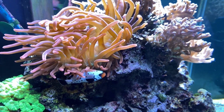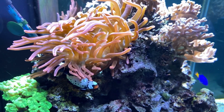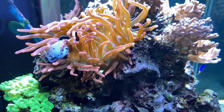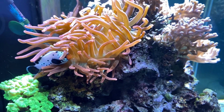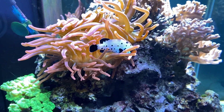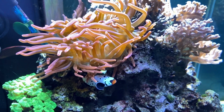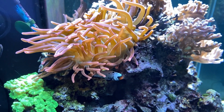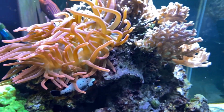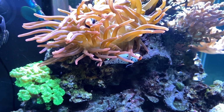But the one thing you want to avoid is overfeeding them. If you overfeed them, and especially if they can't eat it all in time before it floats or sinks to the ground, then you're going to get bad pH levels in your water, and in the end, it's going to be actually really bad for them. So feed them only what they can handle. Don't overfeed them, and obviously you don't want to underfeed them. So depending on the size and how many you have, 1 to 3 times a day is going to be